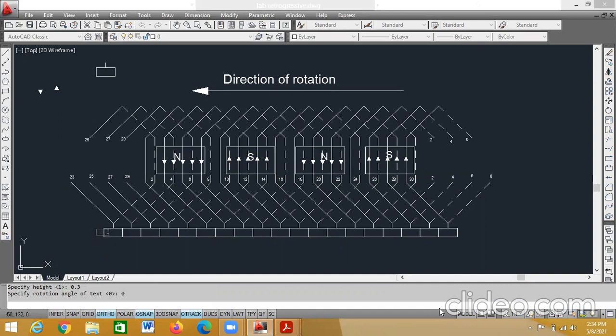So start from here. 12, 13, 14, 15, 1, 2, 3, 4, 5, 6, 7, 8, 9, 10, 11, 12, 13, 14, 15.